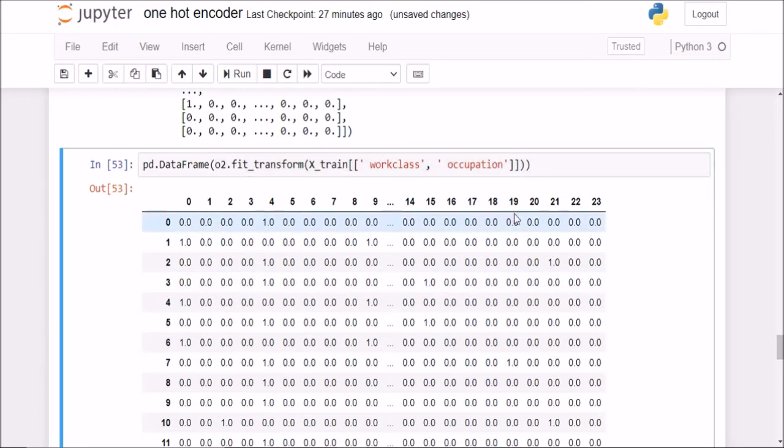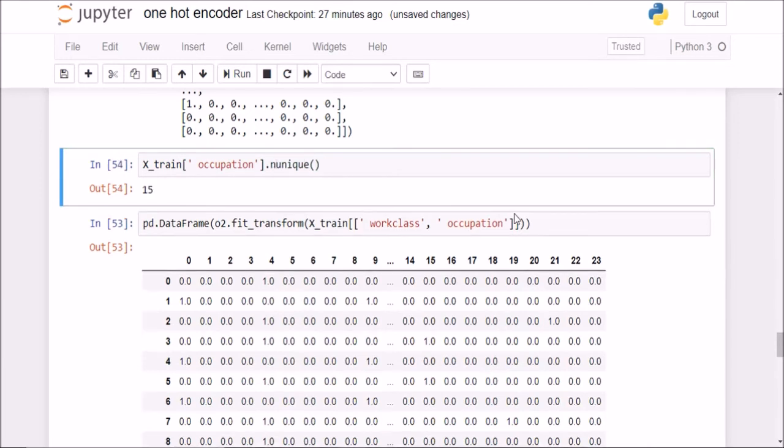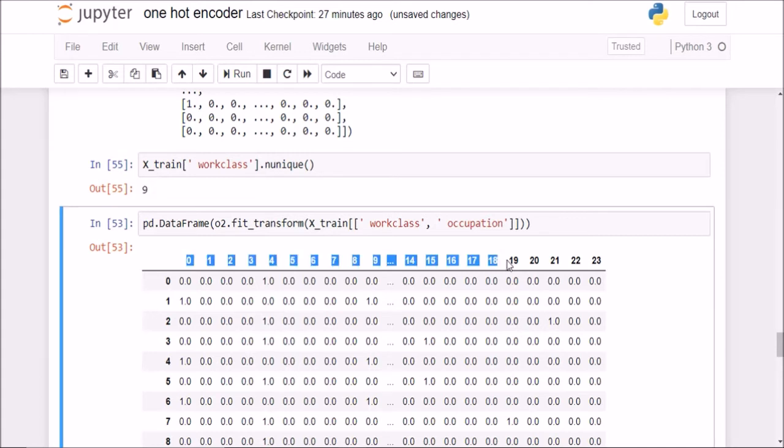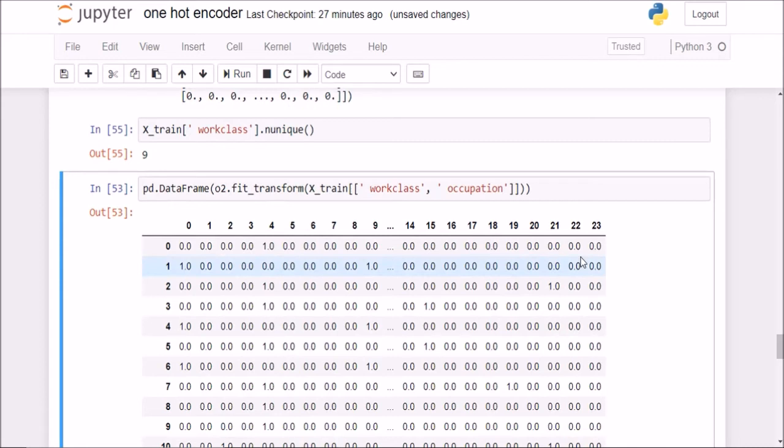Because if I check X_train of occupation .unique, or simply nunique, it will give me the number of unique values. There were 15 unique values of occupation, and for workclass there were 9. So 15 plus 9 is 24. So now we have 24 different columns here, each one representing one different category.